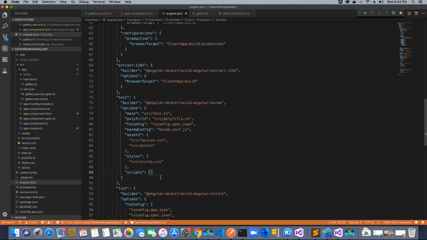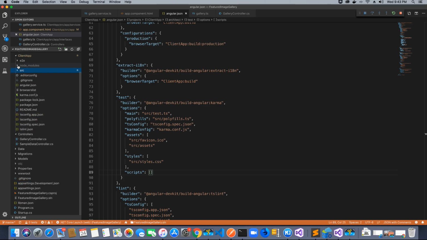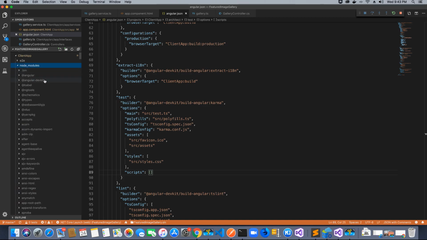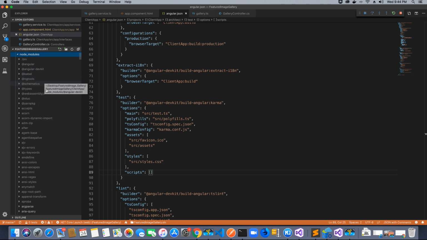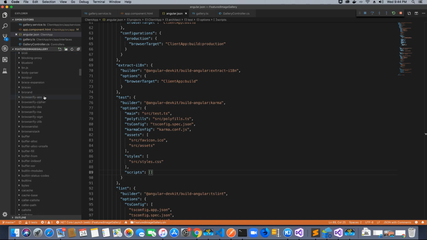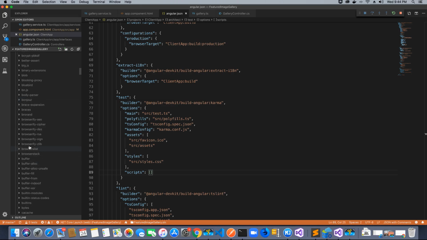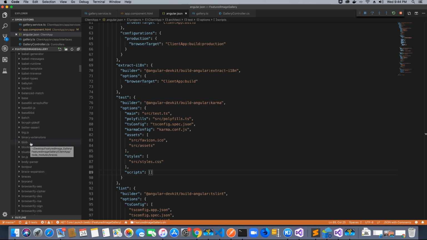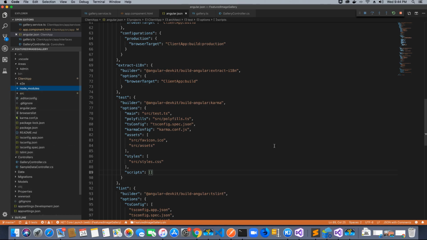But we cannot add references unless we first install the packages. Now, if you go to this node_modules folder, there are a bunch of pre-available packages for you, but there is no Bootstrap package. Which means we have to add the Bootstrap package to our application through Node Package Manager so that we can reference it in this project. So to add it,